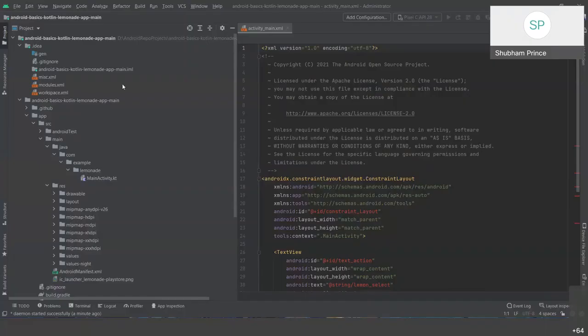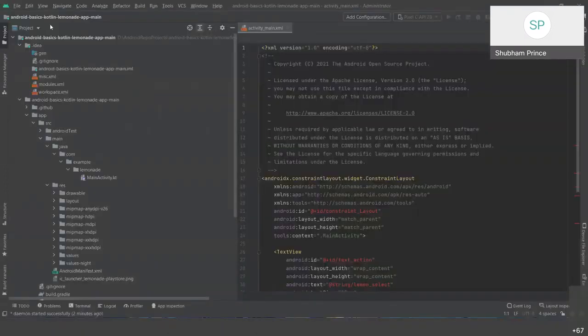Let's talk about this navigation thing. What really is navigation? In Android, when we are talking about navigation, it means we are talking about intents. Now, what really is an intent? It is also an example of a class in Android. What we are going to do is slide from one activity to another. I might have some example here.